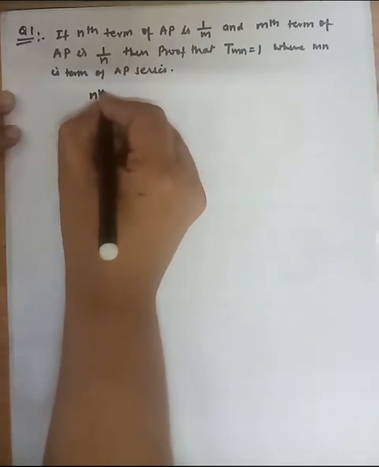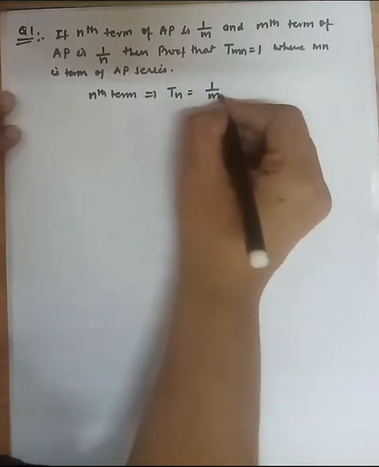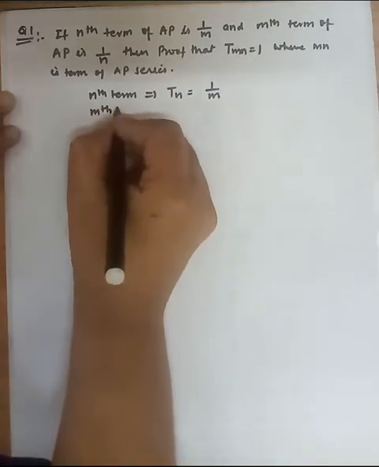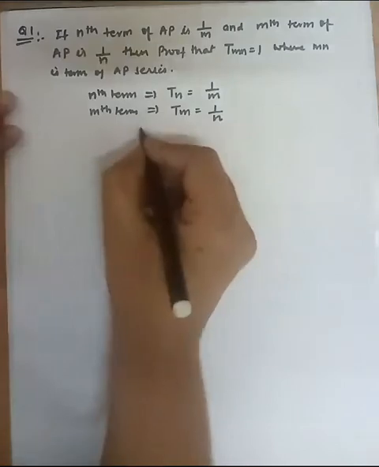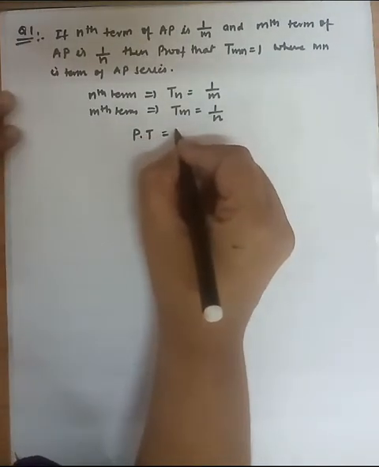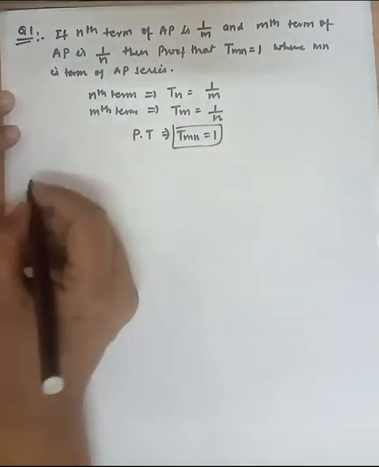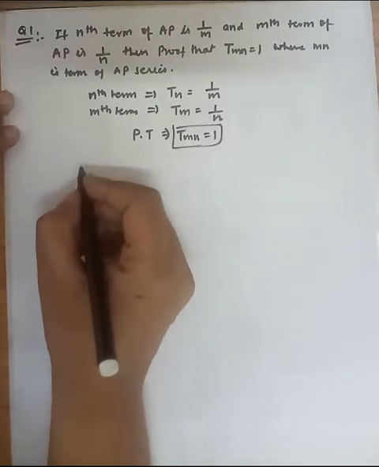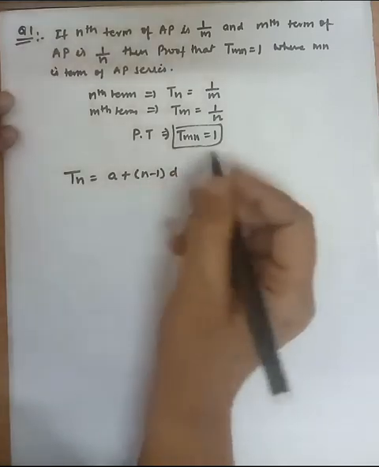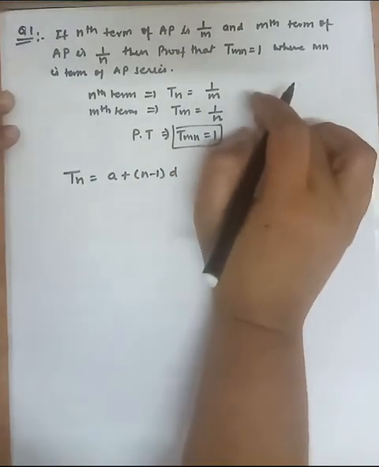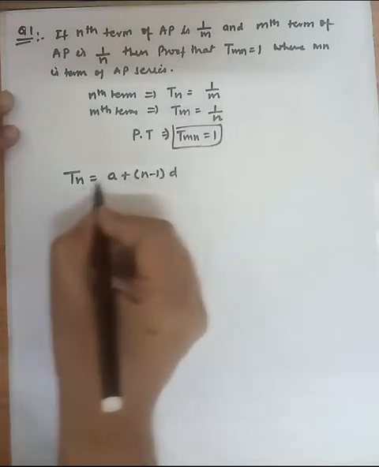First one is the nth term. It means Tn is given as 1 by m, and the mth term value, it means Tm is given as 1 by n, and we have to prove that Tmn equal to 1. Okay, so we know the general formula for the nth term of the AP series is Tn equal to a plus n minus 1 d. Now applying the given conditions here,